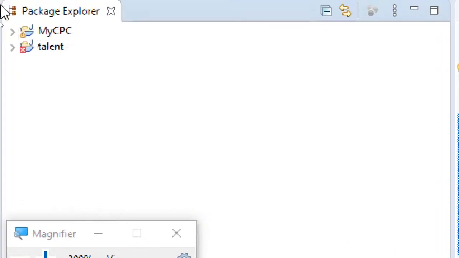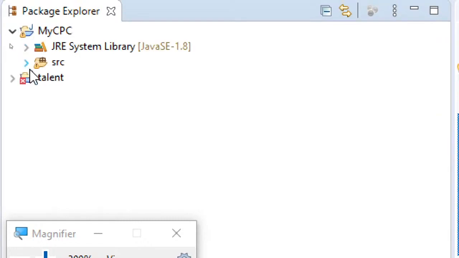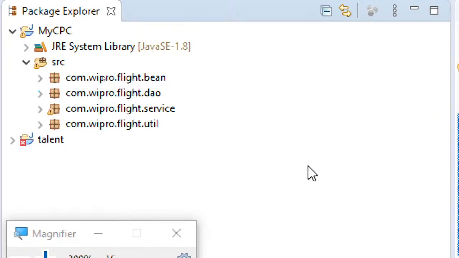I just want you to understand how it will be given. Here you can see in the source, I hope you can see, this is the project which I got for my certification exam final round. Here you can see the package hierarchy, com.wipro.flight. So the project I received is some flight mechanism, where I have to check for the availability of a flight or not. That's the project which I got in my final round exam of the Wipro certification exam.